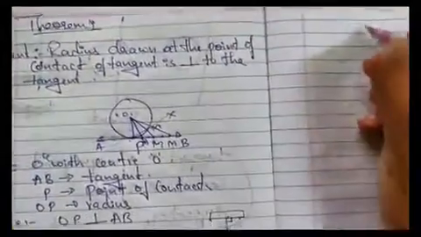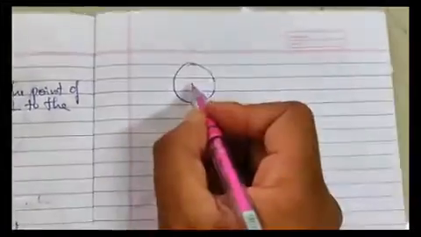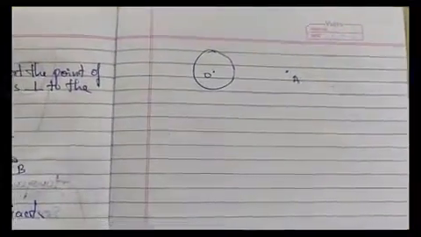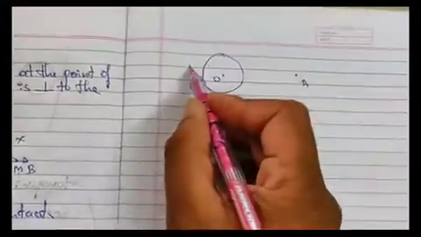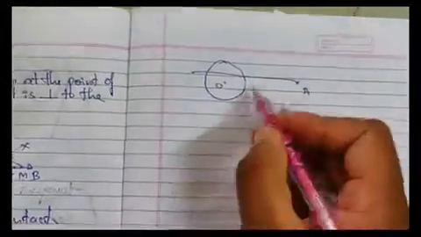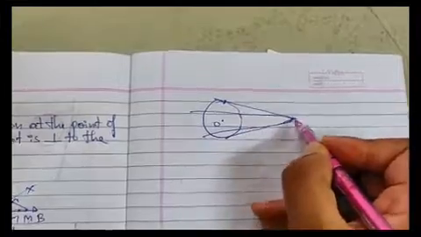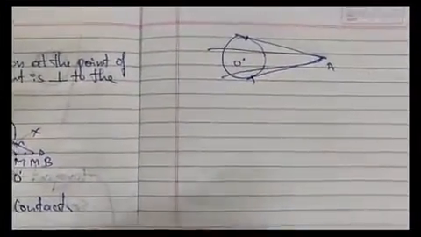Now let us see if I can draw any line from an external point. This is a circle with center O. So I have a point here. Let us name it as A. How many tangents can you draw from this point to a circle? Is it a tangent? No, that one is a secant. So here is a tangent which is meeting at one point, and here is another tangent meeting at one point. So how many tangents can we draw from an external point? That is our fourth property.